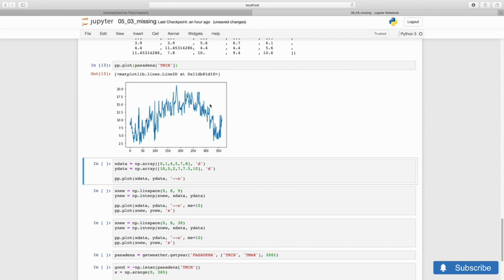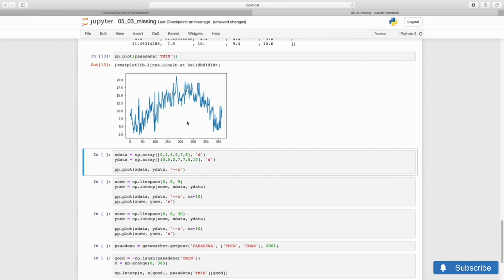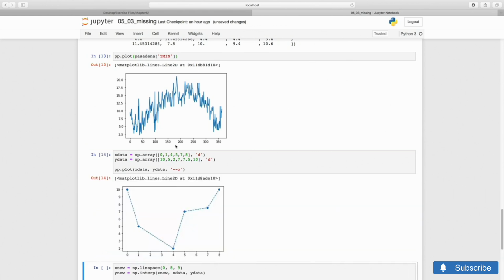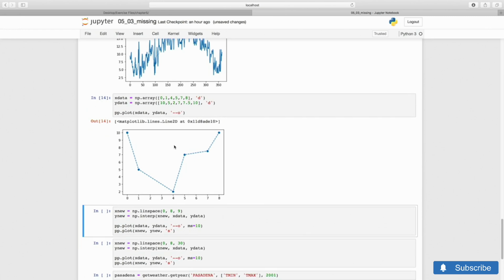Let me demonstrate in a toy problem. Let's say we measure a function y defined at integers x between 0 and 8, but we don't have some of the values. In this case, we don't have values at x of 2, 3, and 6. Let me show you all this in a plot. I will now define an array of the integers at which we do want new interpolated values.